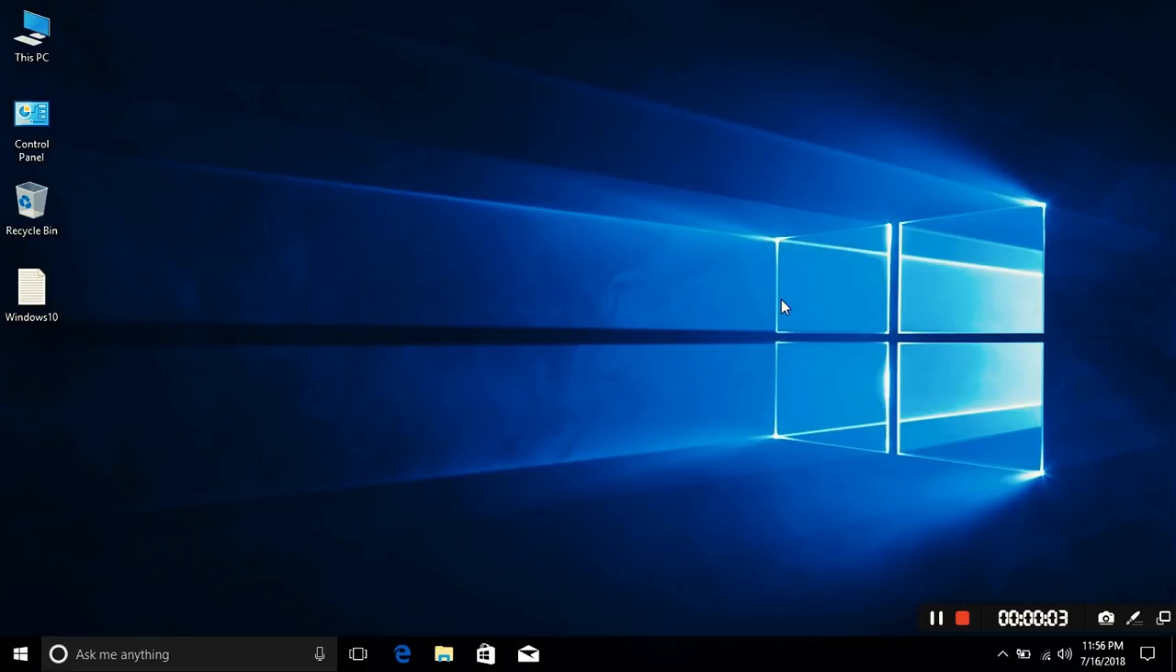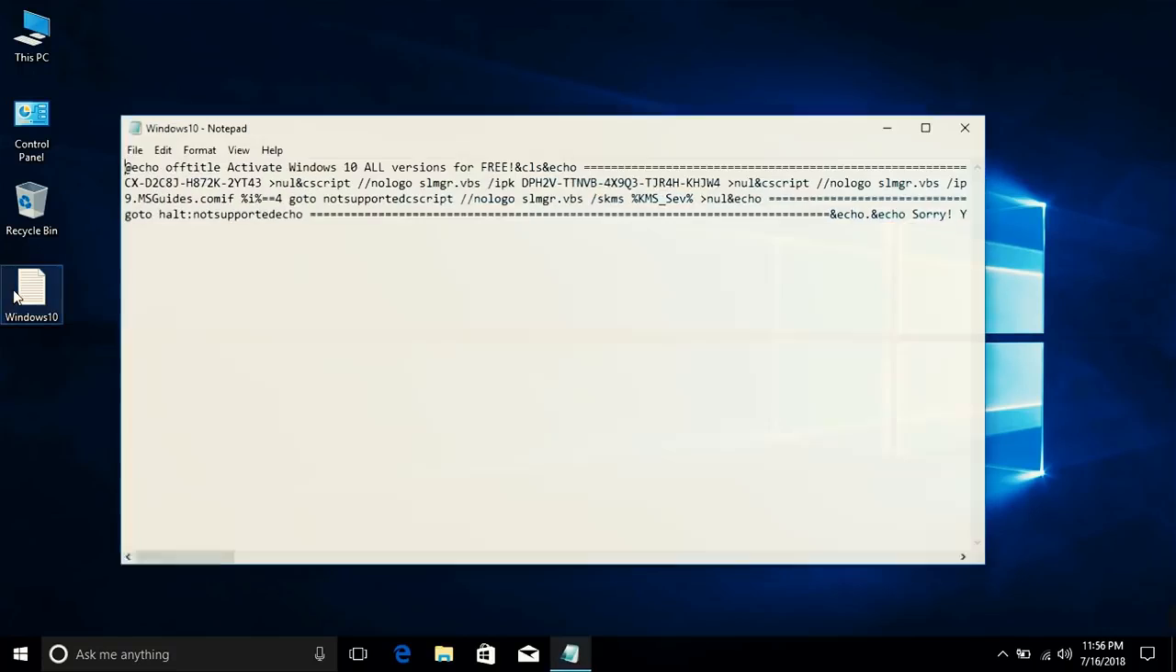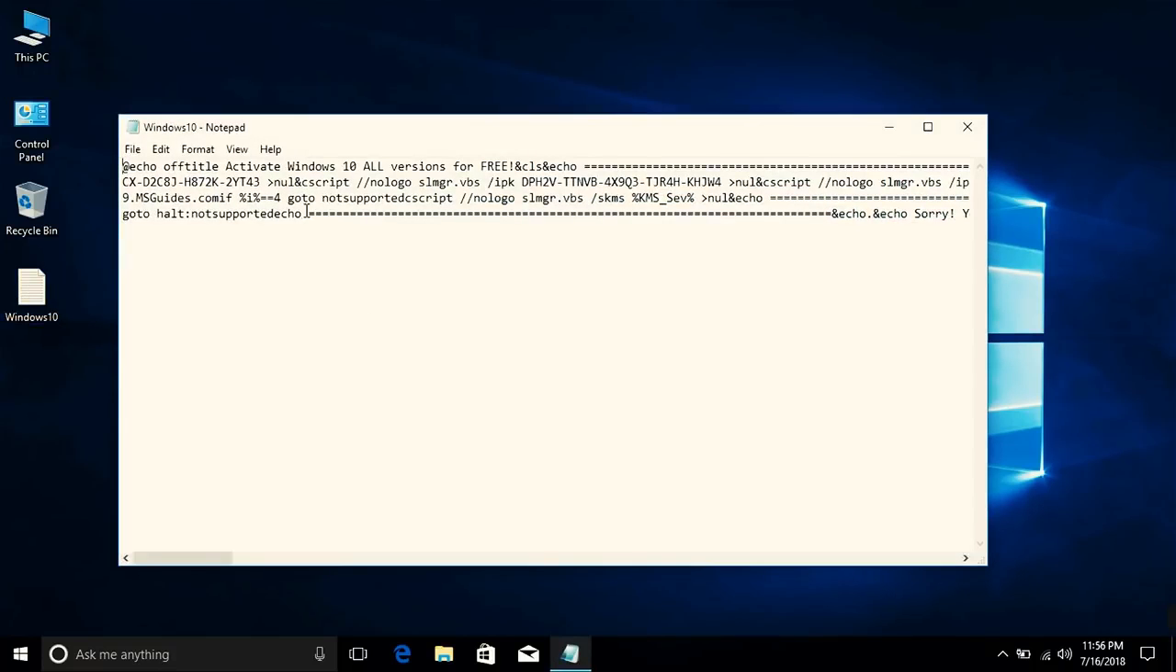Today I'll be showing you how to activate your Windows 10 without using any software. It's really simple. What you need to do is download this Windows 10 text file. I'll provide the link in the description below from where you can download it. Once after downloading it, it's just a text file which has some codes in it which will help to